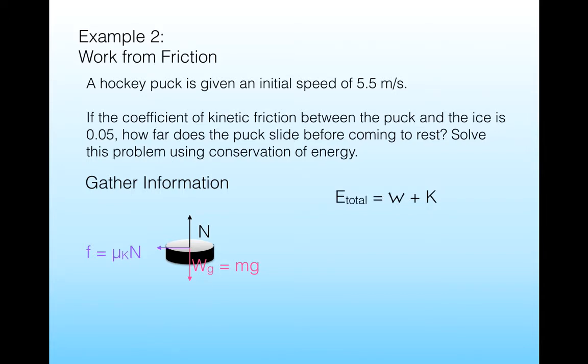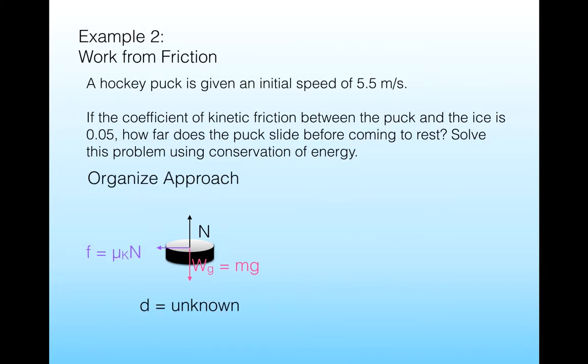The energy of the system, in this case, we have to include the frictional force, which will be doing work on the system, and that will be doing work against the kinetic energy to cause it to slow down. So in this case, we know that work, as before, is the force times the displacement, and the force in this case that's doing the work is the friction. It's the force that's causing it to slow down, and what we want to find is d, which is unknown in this problem. Starting from the same